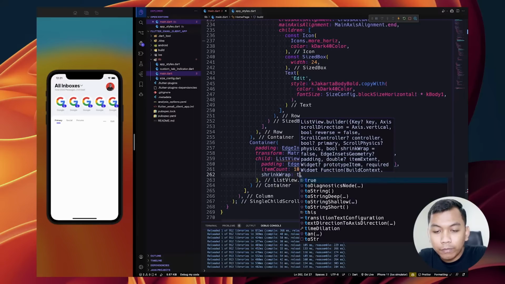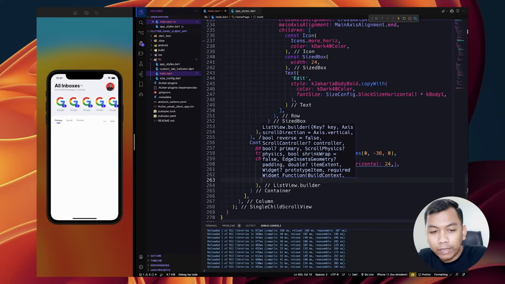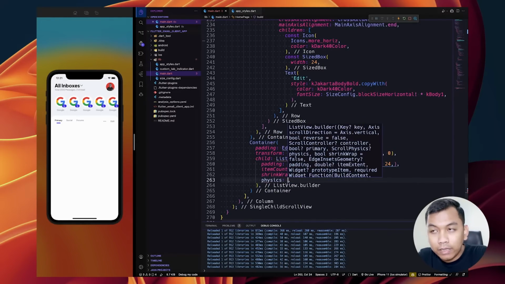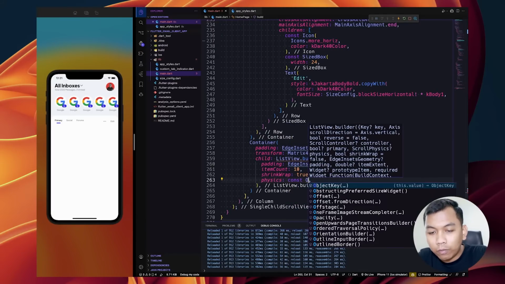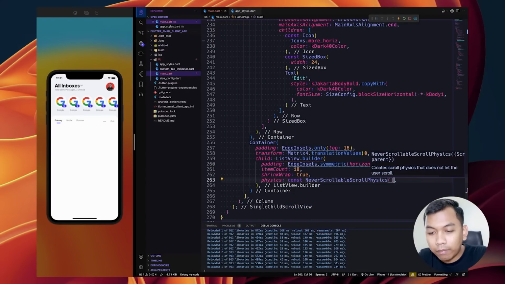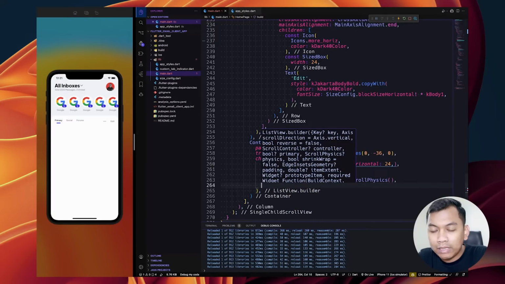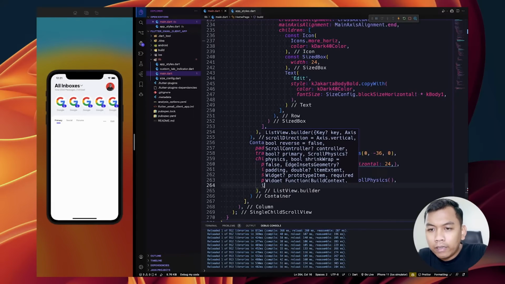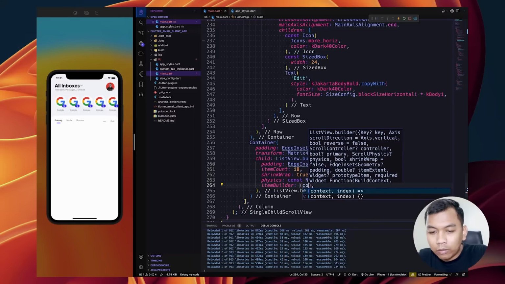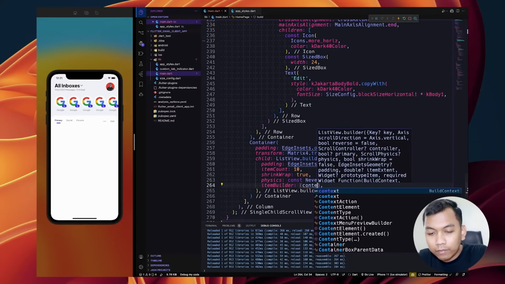And for the shrink wrap, set it to true because our parent is single child scroll view. And for the physics, set it to be never scrollable physics. So we disable the scroll behavior. And item builder, set it to context and index,